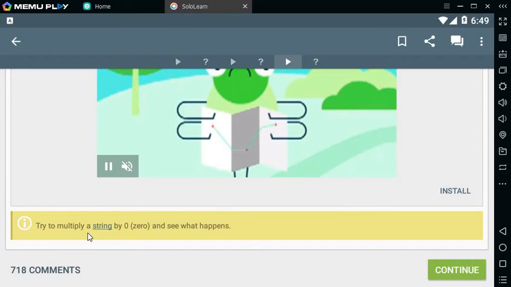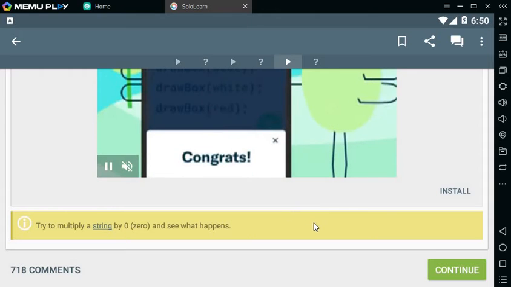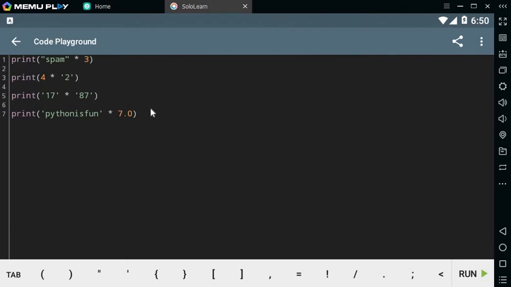Try to multiply a string by 0 and see what happens. What's going to happen? You want to try that out? Let's do it. Think about what's likely to happen. I'm pretty sure I know what's going to happen. And if we run this,